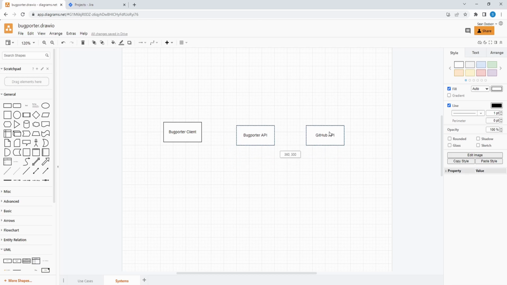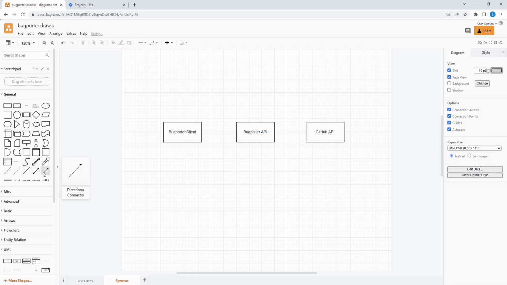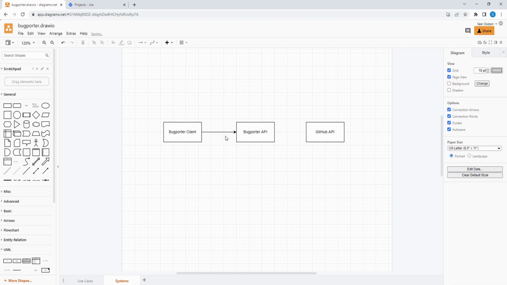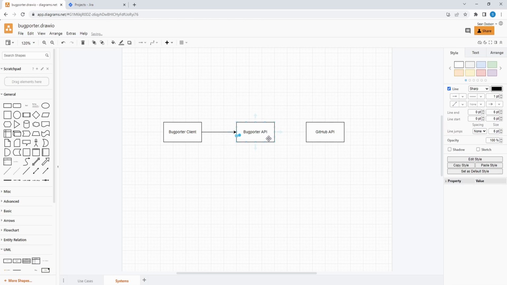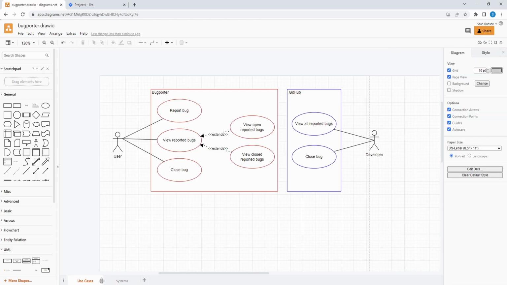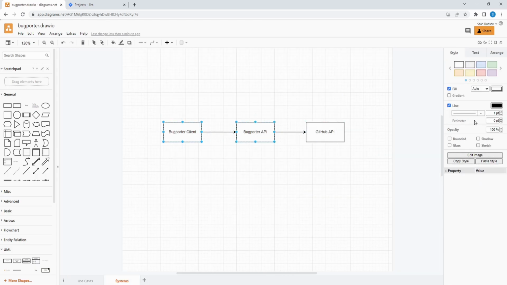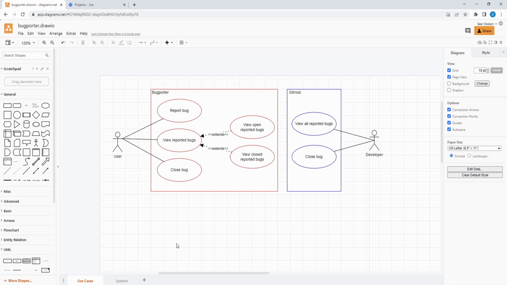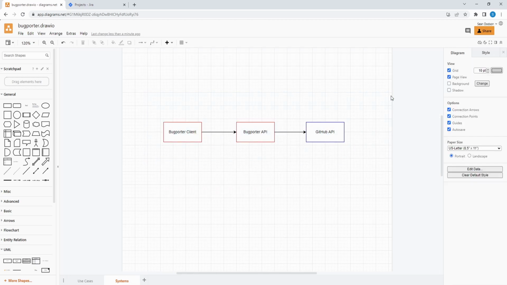And let me actually just line all these up. I don't know why I didn't do that. There we go. And then let's also connect these. So let's grab a line, and the client, of course, is going to talk to the API. Our Bugporter API is going to talk to the GitHub API. Let's bring over the colors that we used in the use case diagram. So Bugporter is going to be red and GitHub is going to be blue. So this line of systems, nothing crazy. Just looking at the use case diagram, you could probably assume that this is what it would probably look like,